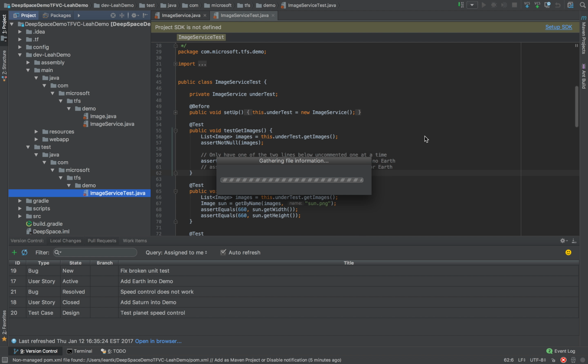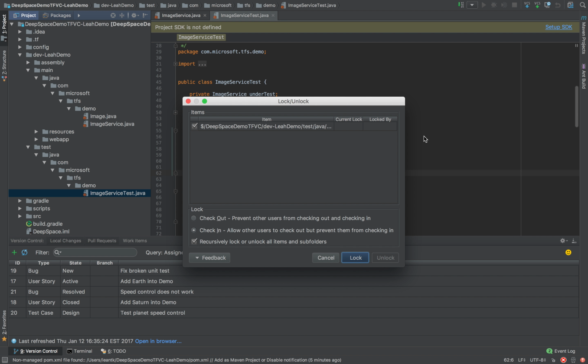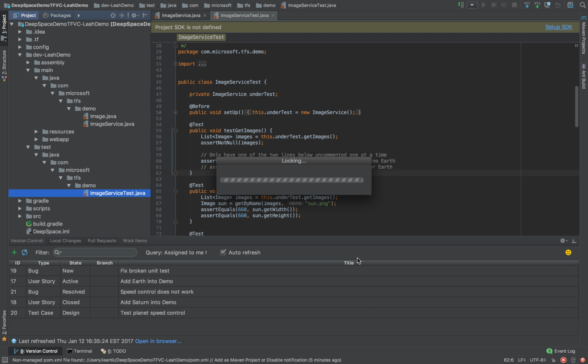So I'm going to click on that, and right here I have my file selected, and I'm going to do a check and lock on this file. So now this file is locked and nobody else can check in changes to it,